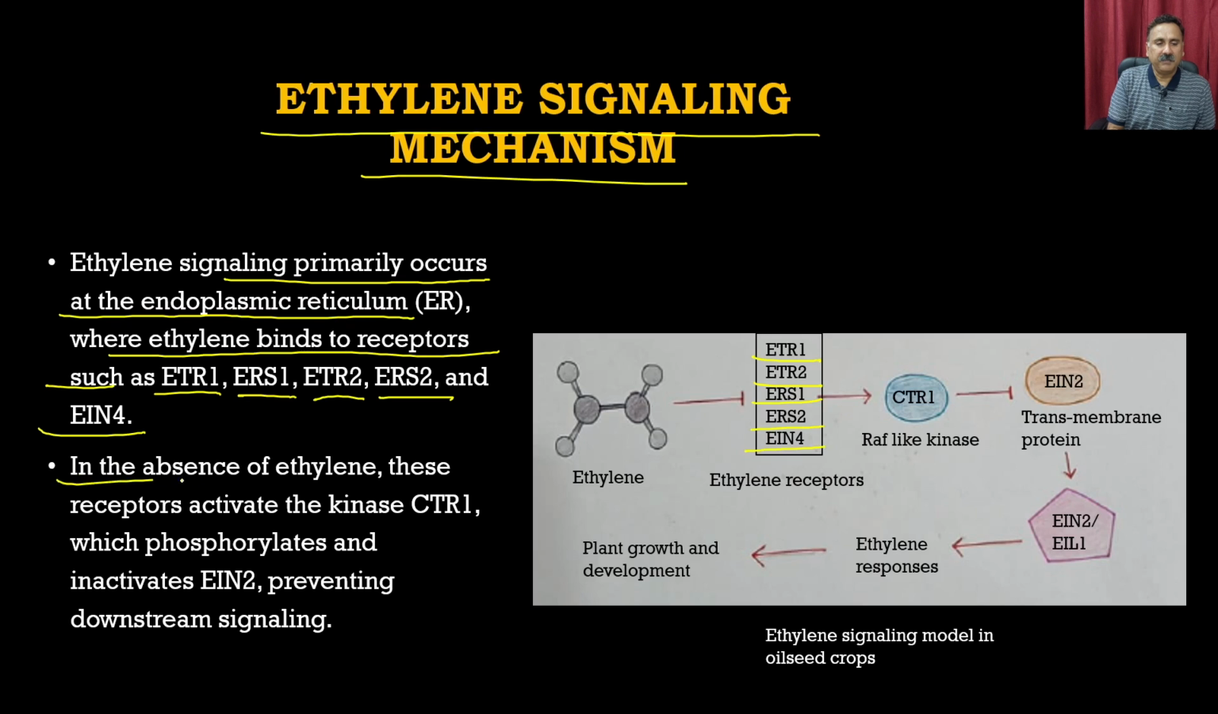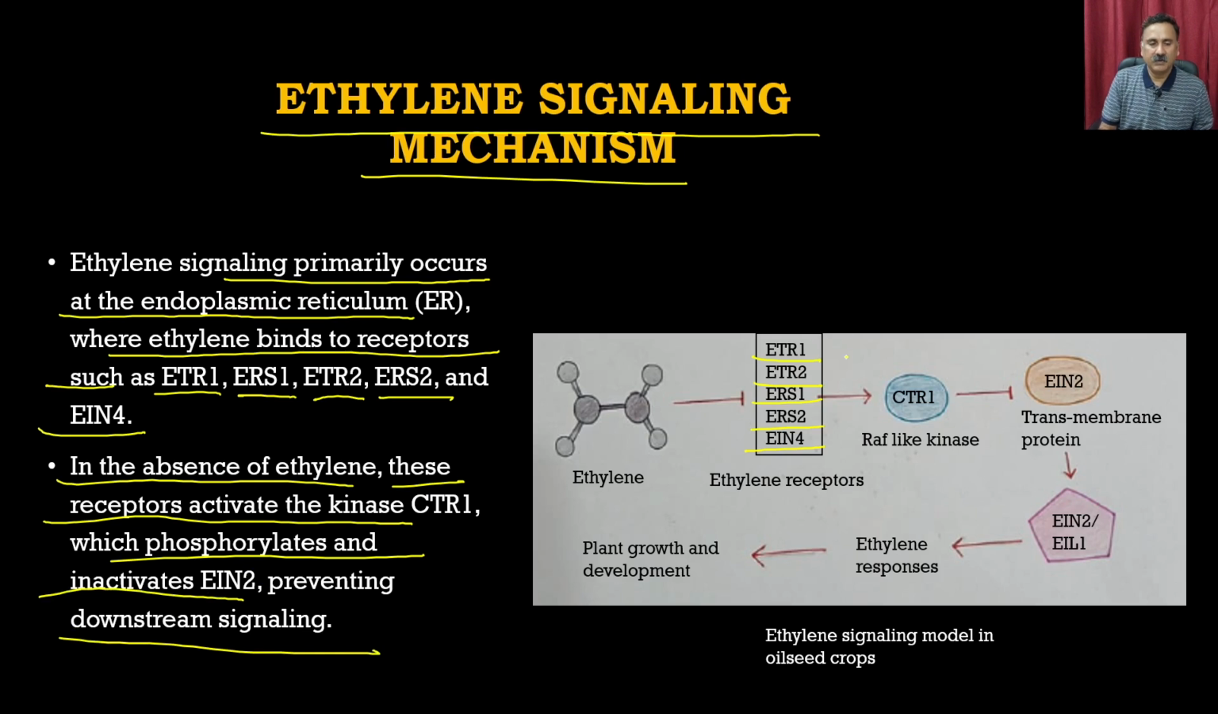And in the absence of ethylene, these receptors activate the kinase which is called CTR1, which phosphorylates and inactivates EIN2, preventing the downstream signaling. So when there is no ethylene, it is actually going to activate the RAF-like kinase CTR1, which is going to inactivate the transmembrane protein EIN2 actually,